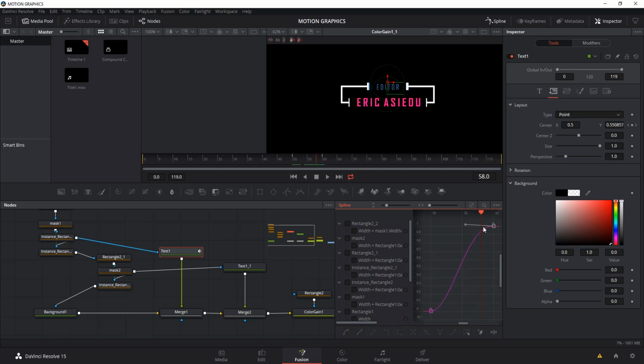So what about here? We're going to click there to add a point, and then we're going to increase this point here. We're going to bring it up and then drag it a little bit up. That will create a little bounce, not enough. And then right about here, put another point down there. Just shift this one back a little bit, and then with this point we can now increase this one